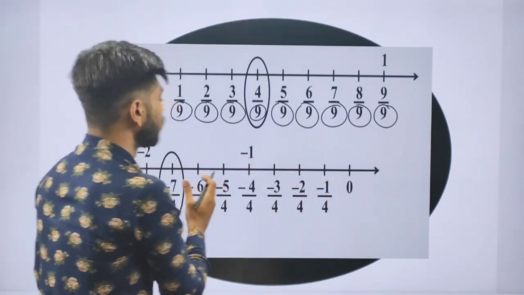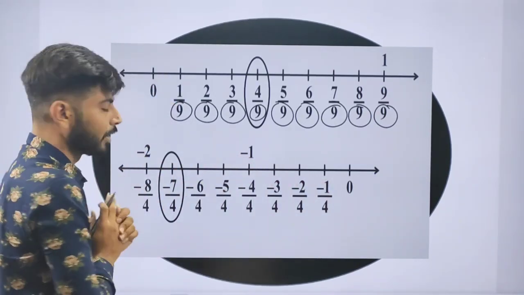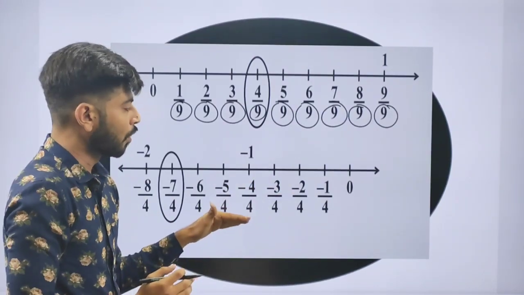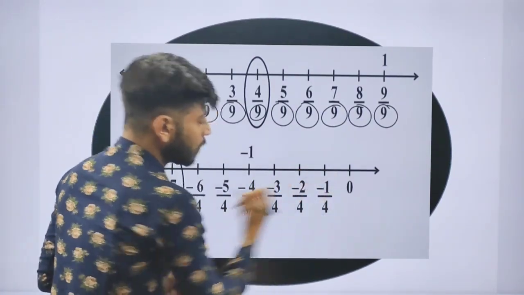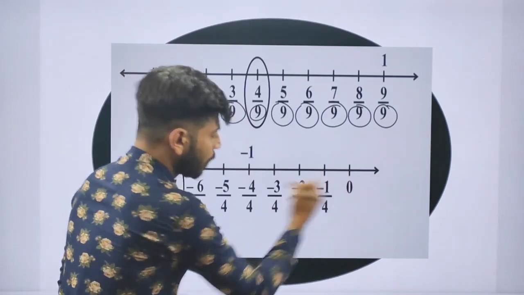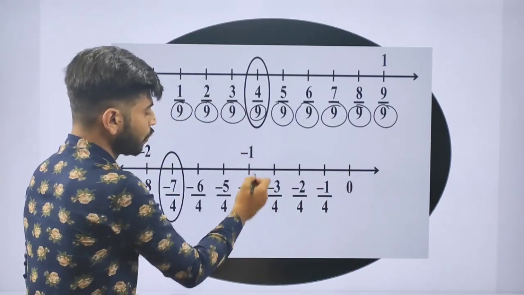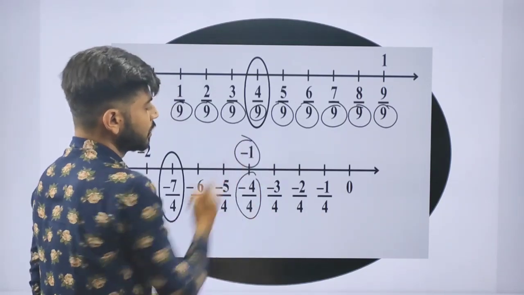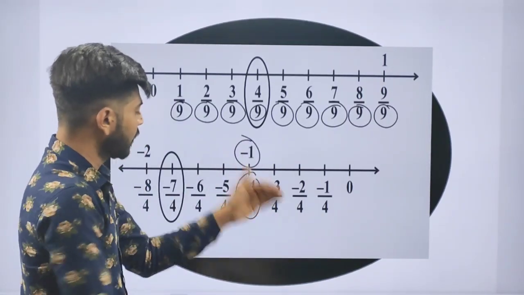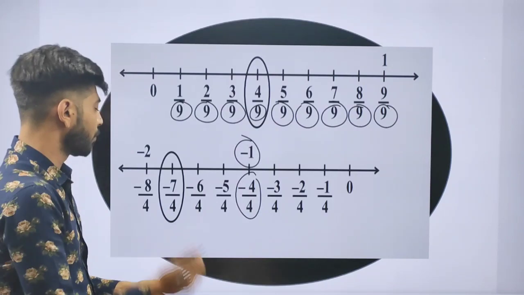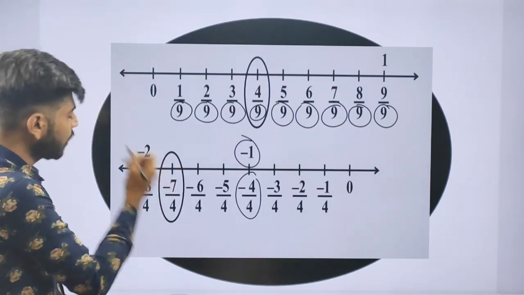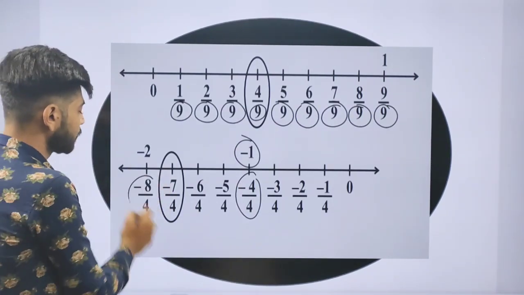So we have to take minus 1 and minus 2 also on the number line. Okay. So first of all we will put 0, then minus 1 upon 4, minus 2 upon 4, minus 3 upon 4, minus 4 upon 4. You can see minus 4 upon 4 is minus 1. Then minus 5 upon 4, minus 6 upon 4, minus 7 upon 4, and minus 8 upon 4 will be